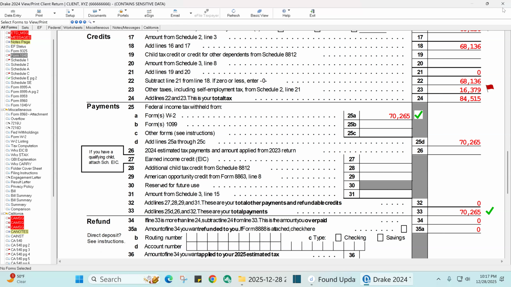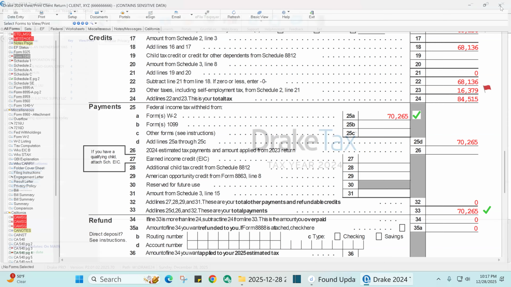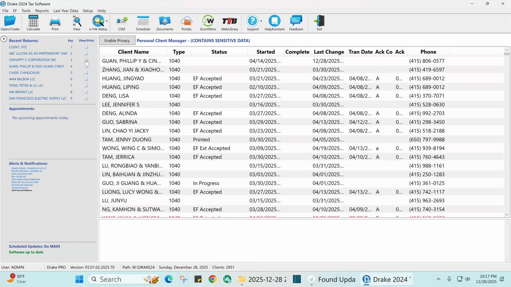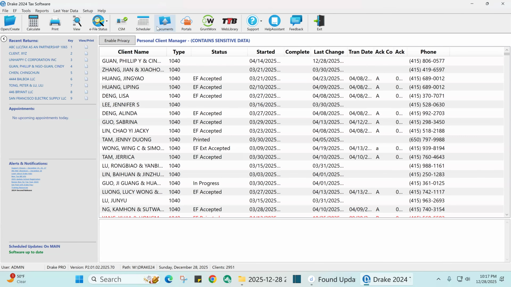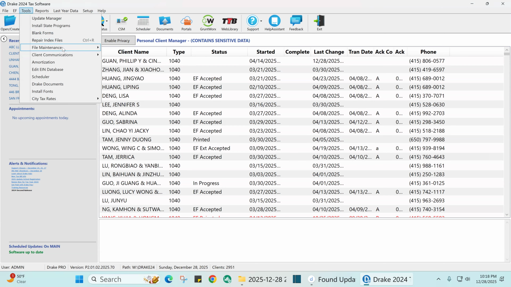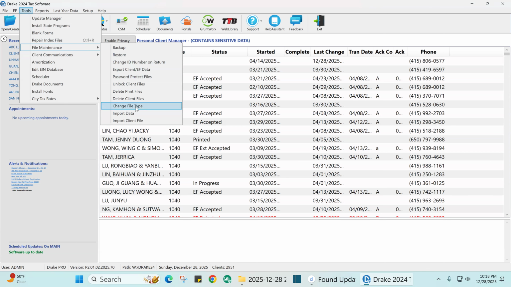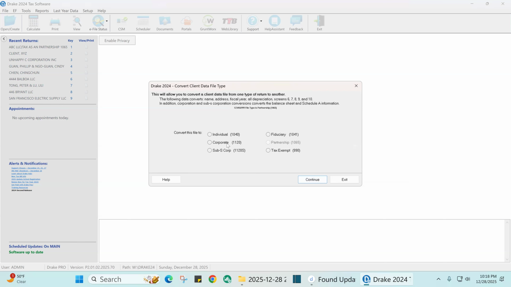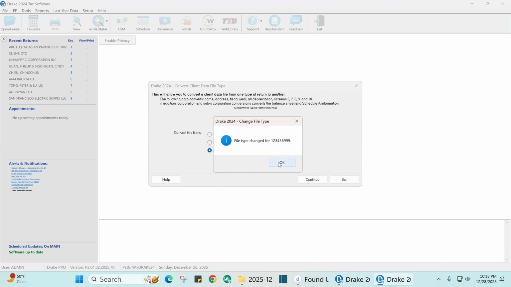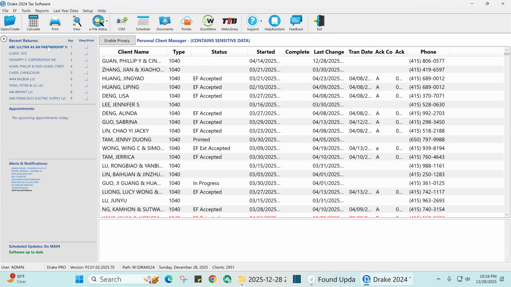Now, what is the better way to do the business? The better way to do business is to change this one to an S corporation. Now, once you change this one to an S corporation,